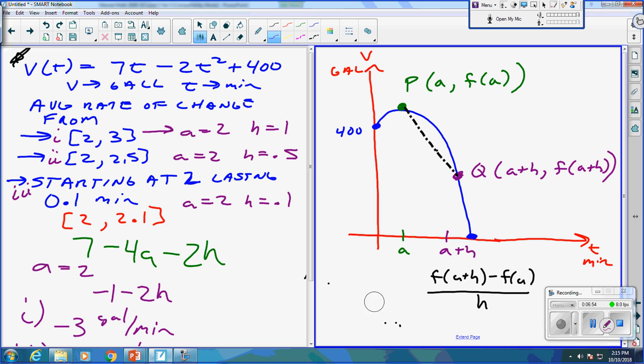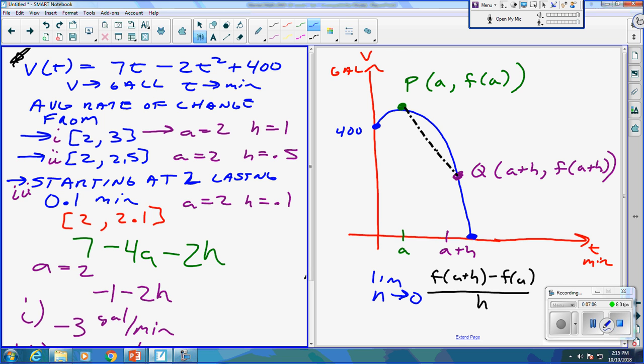We are going to pull point Q back to point P, which means the limit, you're going to add this notation: limit as h goes to 0. You want h to become 0. But everybody, that means over here on the green, I can just add that to this. And that means this goes away. And if that goes away, all you're left with is negative 1 gallons per minute